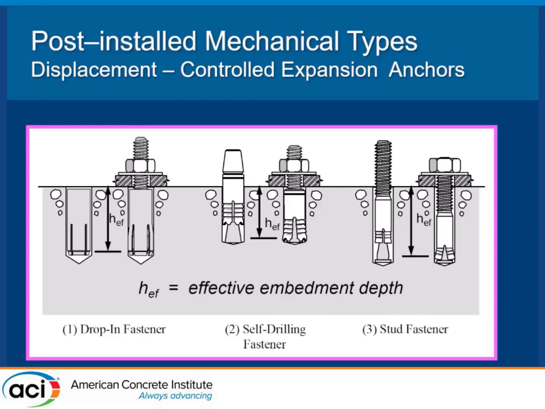So one thing I want to say here, there's different types. We'll go through a couple different types of post-installed mechanical anchors. These are displacement controlled. So, okay, you put them in, either you pound them in, or you put them in and you screw all the way down and you walk away. You cannot further tighten that post-installed anchor. The bad thing about that, it's a good anchor. All these things are good. I'm just trying to give you the limitations of said anchors. So the thing about this is